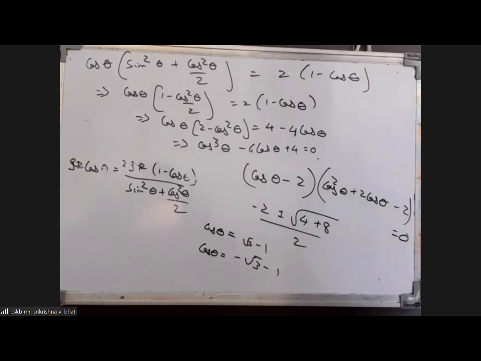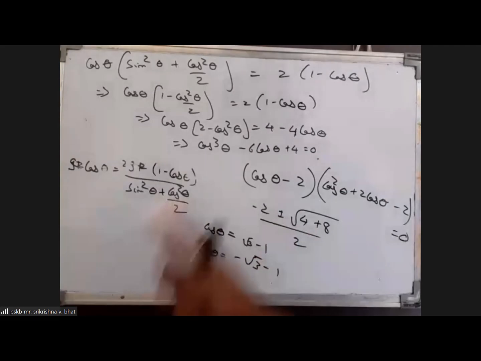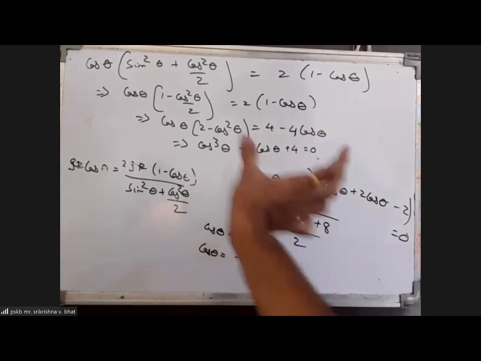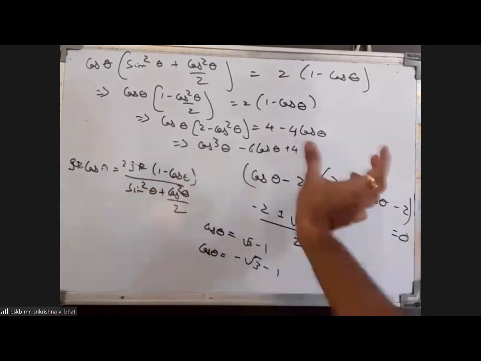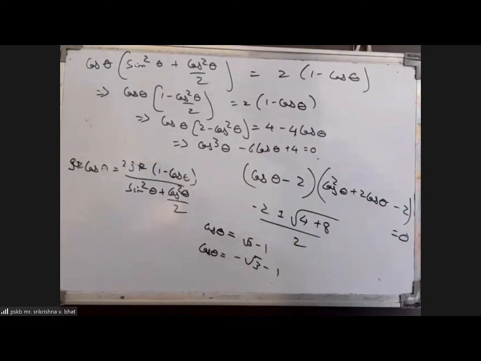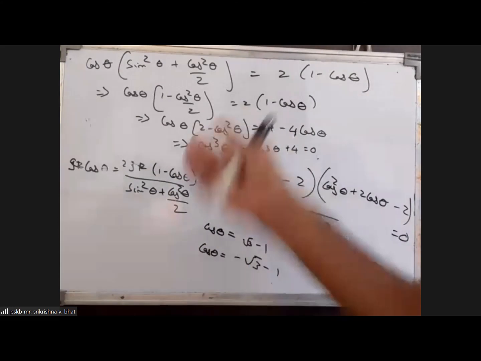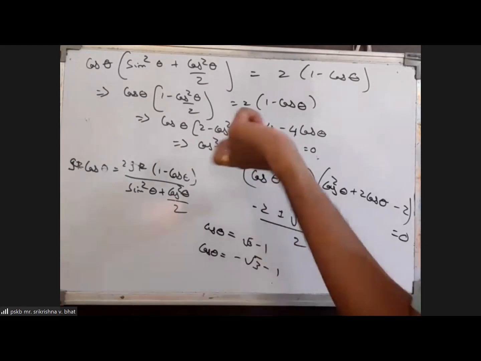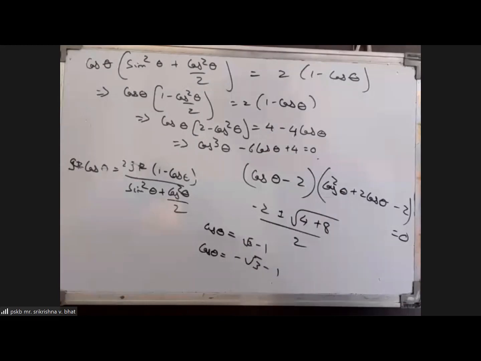Only thing is that in this, we are able to solve using the basic concepts. If you go about it, you are finally getting an equation in cos theta, a trigonometric parameter, which on solving you can find the value of theta. But the problem here is you're getting a cubic equation. In this case, however, by looking at it, we are able to see that the value cos theta equal to 2 is satisfying. But otherwise, it may be a problem.